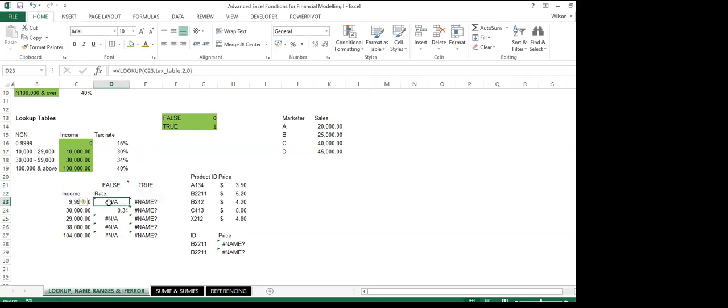Are you getting me now? Because we have actually specified that this is false. So that's why we're doing this. Excel is not actually seeing these actual numbers here, so that's why it's returning not available. So what we're going to do is